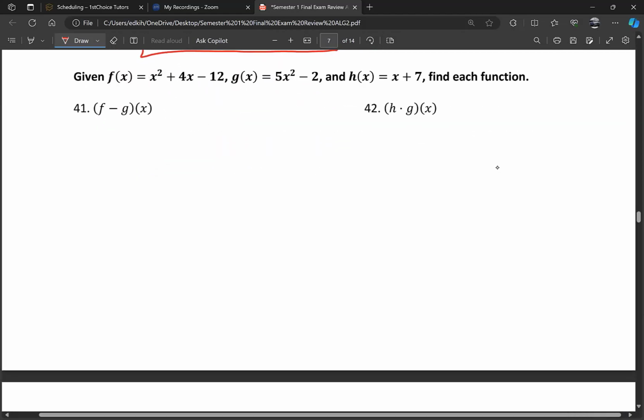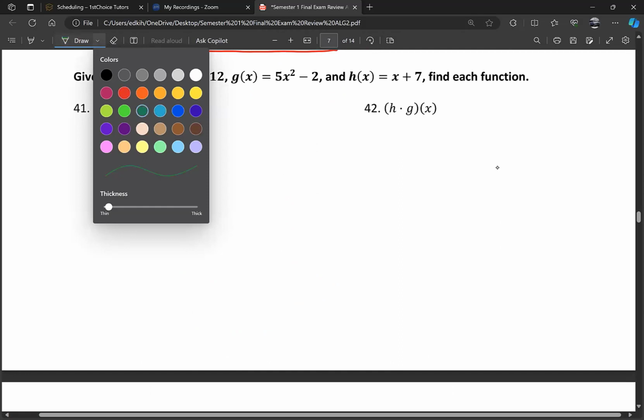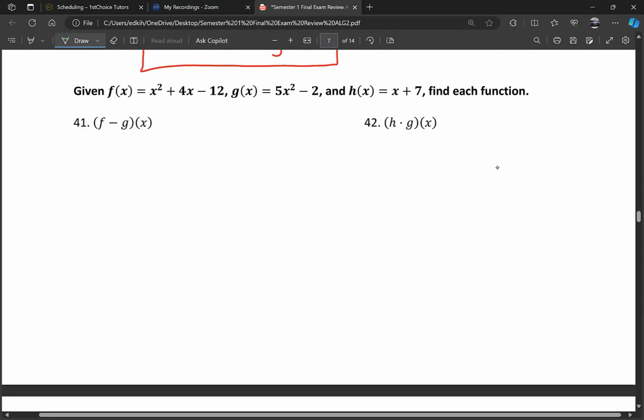Okay, so moving right along, folks. Given this equation and that equation, this is function notation. We are asked to find, we're given 3 equations, h of x, three functions. The first question is subtract f and g. Simple as that. You're going to take the function f, which is x squared minus 4x minus 12, and you're